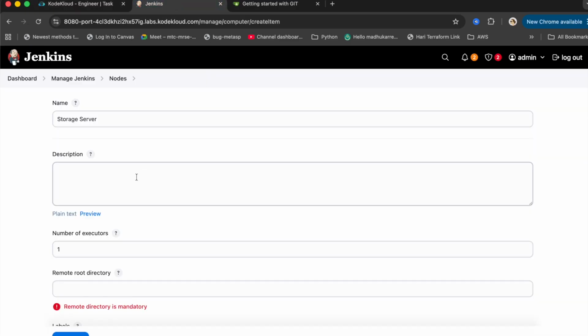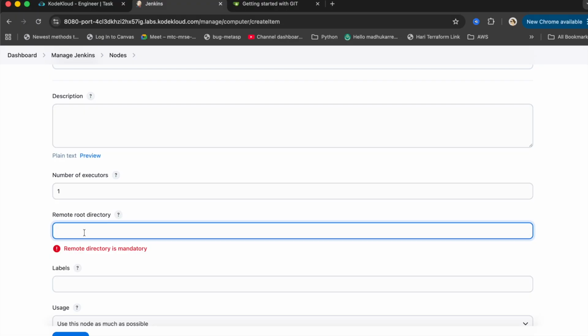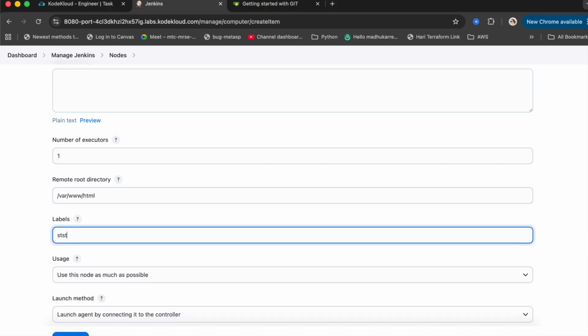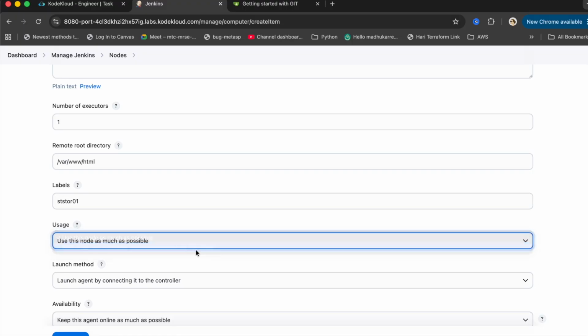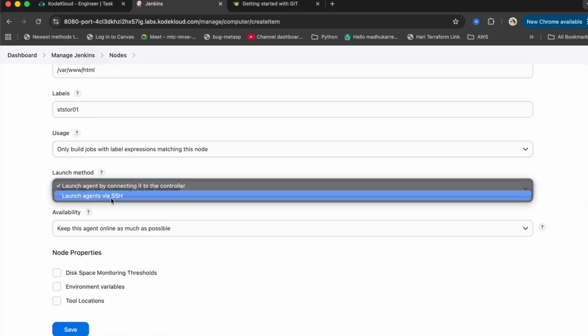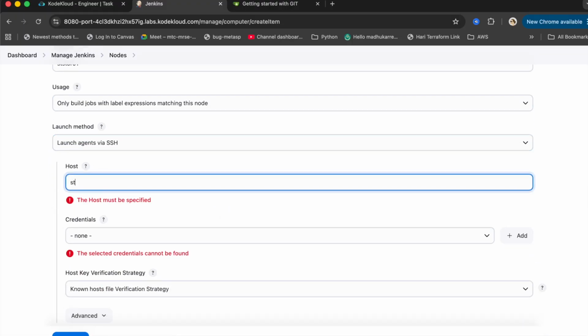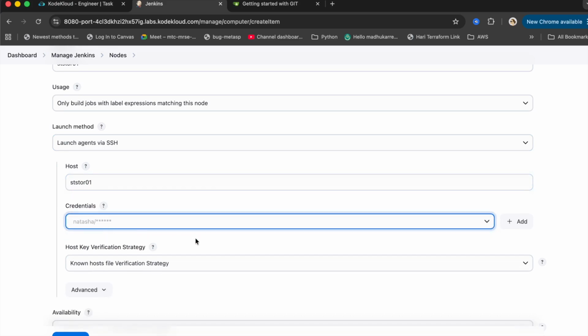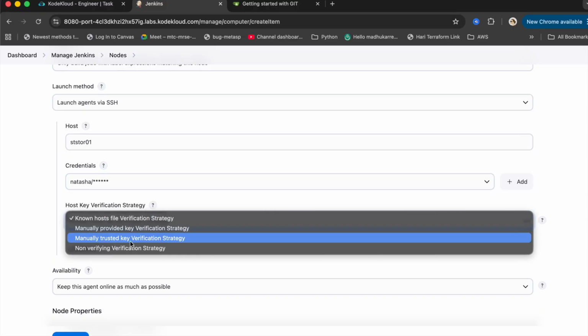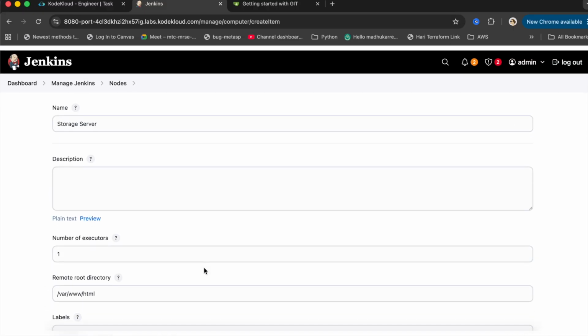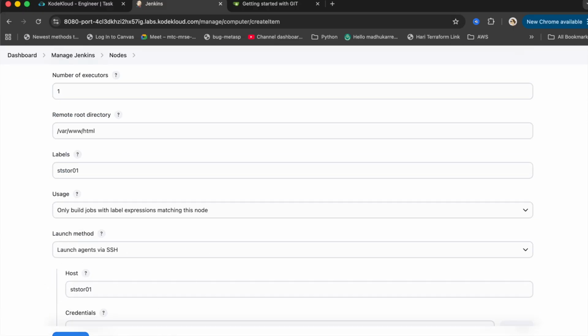So let's do that. /var/www/html and the label ststor01. Use this with the labels, and then SSH host name is ststor01, credentials Natasha, and then manually trusted key. That looks good. If you click on save,